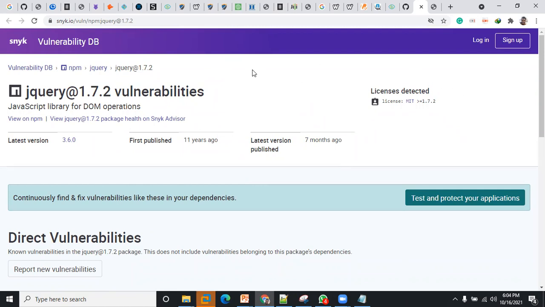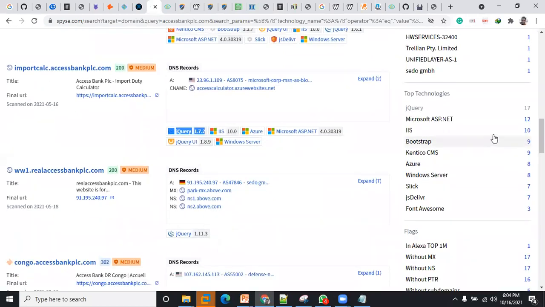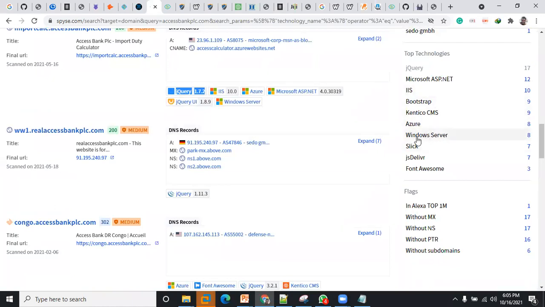Okay, so what I was just explaining is taking you through how we can conduct open source information gathering on an asset. I've taken you from the IP address to see the technologies that exist on the external facing assets, then also how to check the various services and the versions of those services running. You can see, for example, that this is a web server.